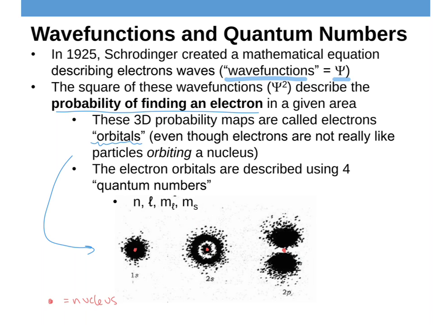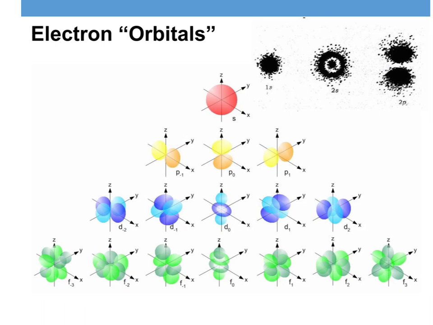And so that's what these 4 videos are going to talk about: we're going to go through one at a time what these quantum numbers mean. We're going to relate them to energy levels. We're going to draw atomic orbital diagrams. We're going to relate them to the periodic table. How do we read the periodic table and get these quantum numbers out? That's going to be our goal for this video.